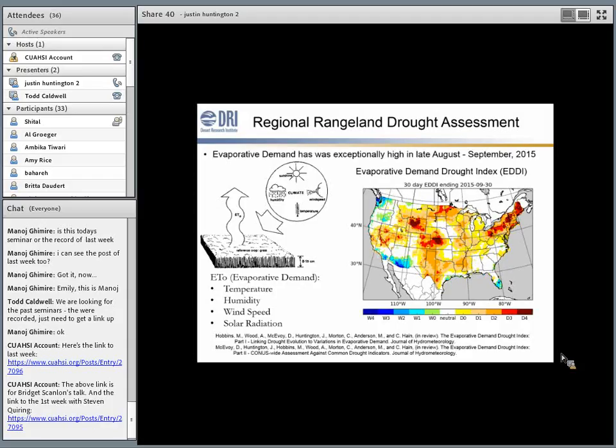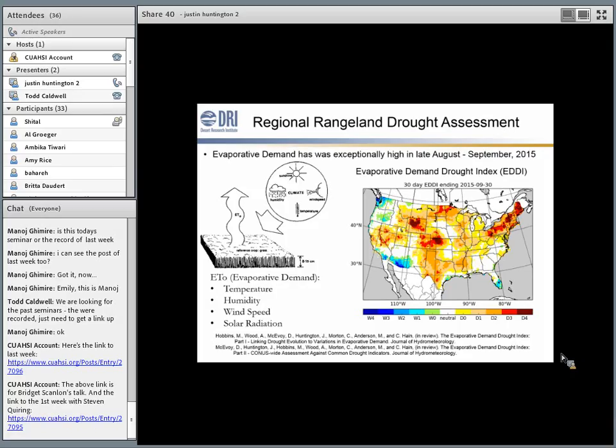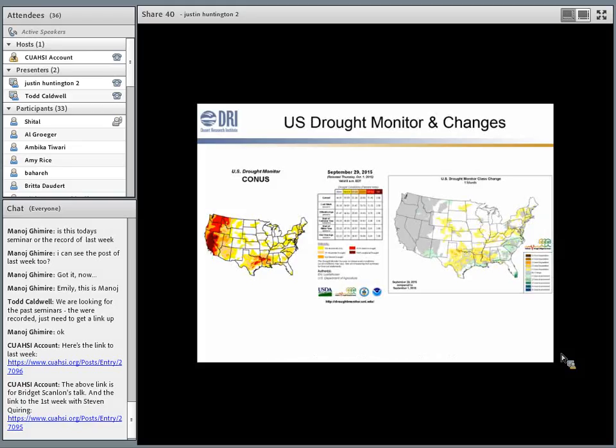And so you can see how the mid-summer period has been quite warm, and that anomalously high evaporative demand basically caused all that vegetation that I showed earlier to dry out exceptionally fast. So a lot of this is tied to evaporative demand in terms of how things change rapidly. So I just wanted to talk about that a little bit more, how we can use these multi-scalar drought indices to dig in and look at changes, and